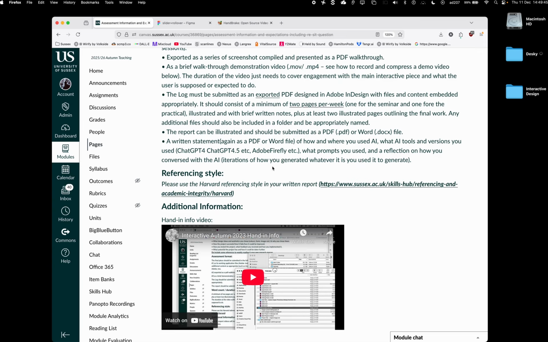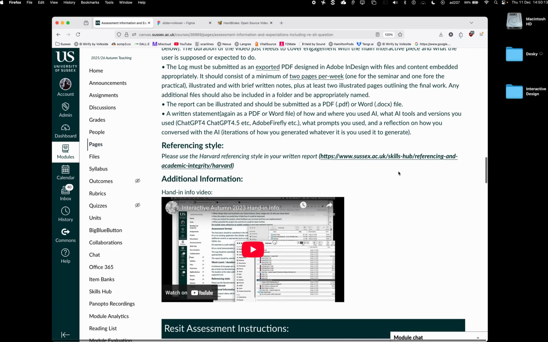So iterations of how you generated whatever it is that you wanted, and maybe the first few versions that it created weren't right, and so you went back and you said, can you do this? Can you make this a bit better? Can you improve it by doing this, that and the other? Okay, you need to explain that. We want you to be able to understand why and explain how you've used anything like this, any bits of AI. For your writing in the report, please use the Harvard referencing style, and there's a link to it on